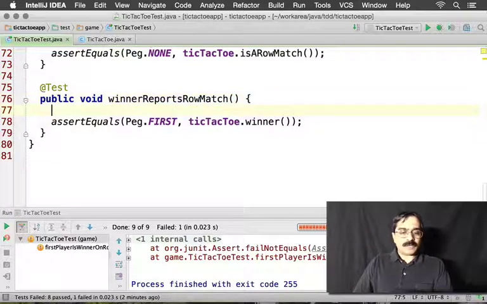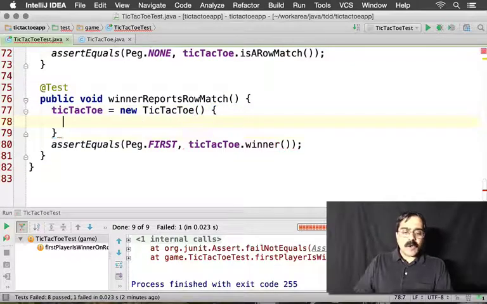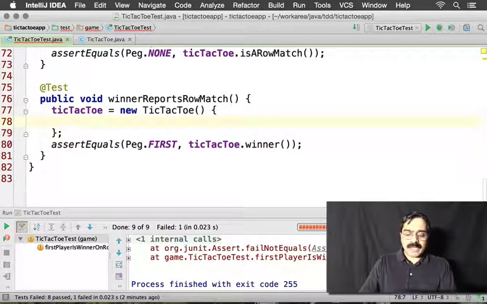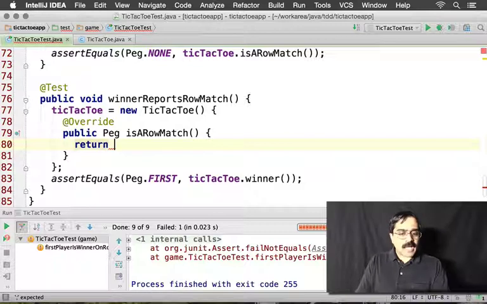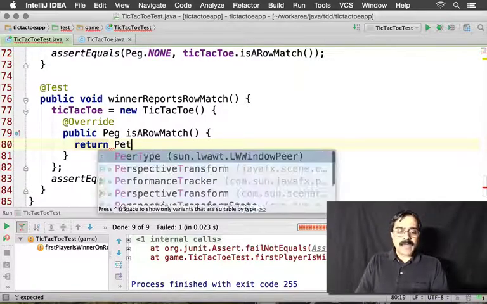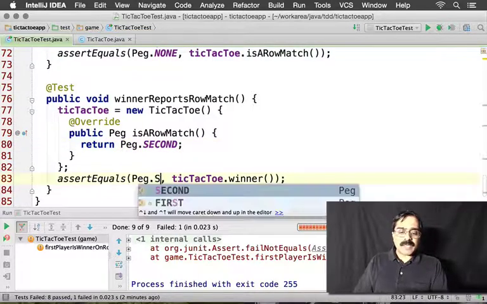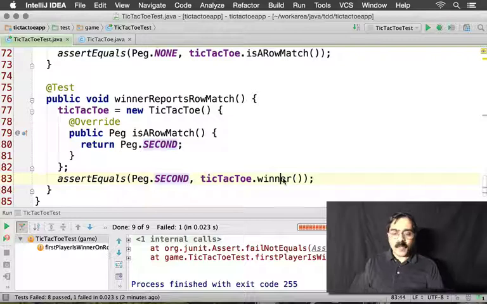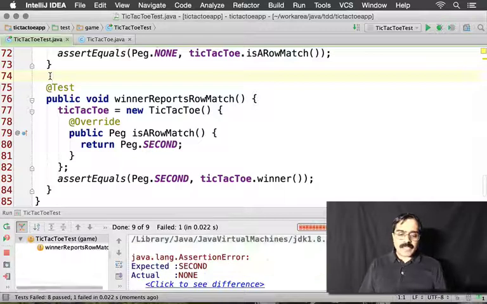We're going to say here, let's go ahead and say tic-tac-toe equals new tic-tac-toe. Notice I am creating an anonymous inner class, and I'm going to override the is row match function. And here I'm going to return, just for an example, let's say peg dot second. Now I'm going to simply say this is going to be second as well, that the winner is reporting. If I run the test this time, you can see that this pretty much fails